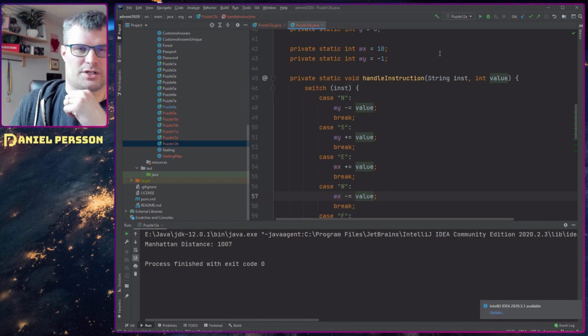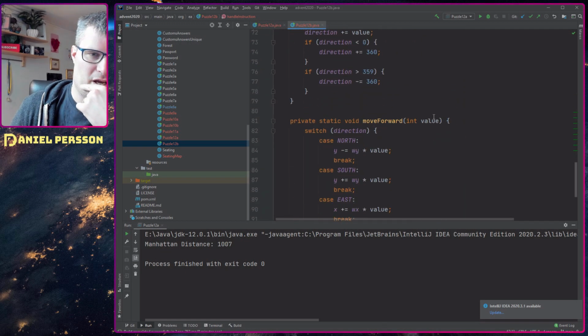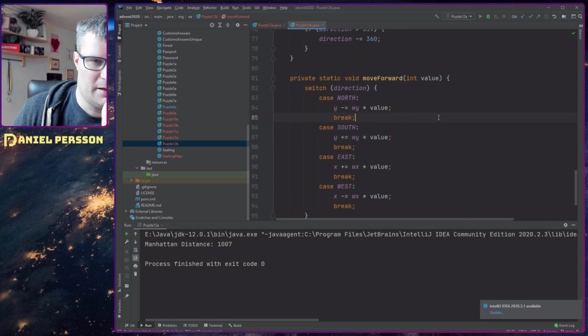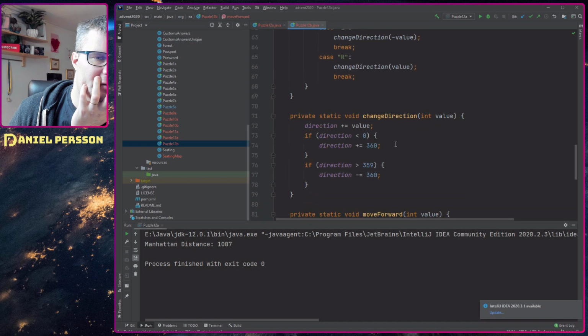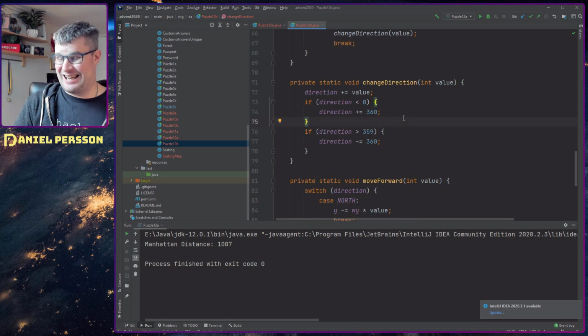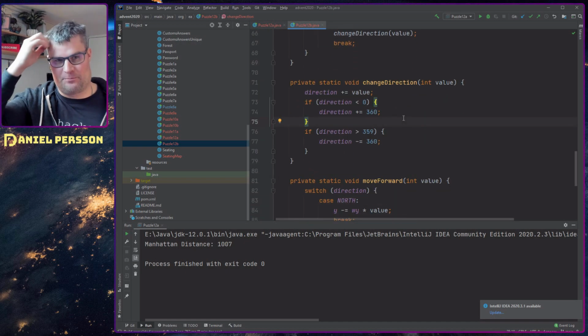So that's what we want to do. And here, if we move forward, yeah, so when we want to rotate here, this is the